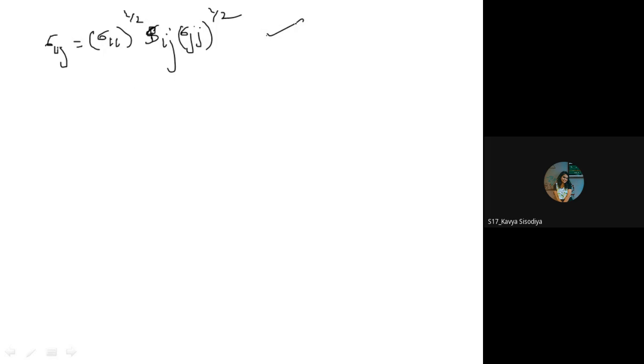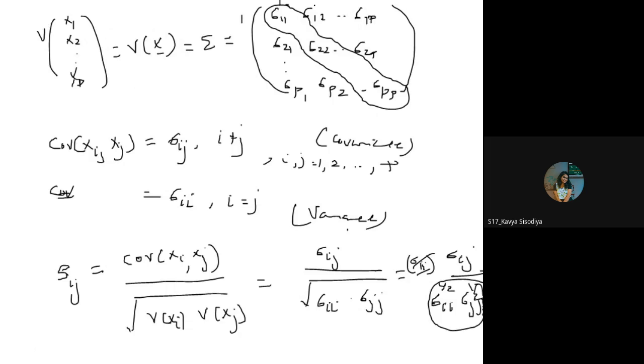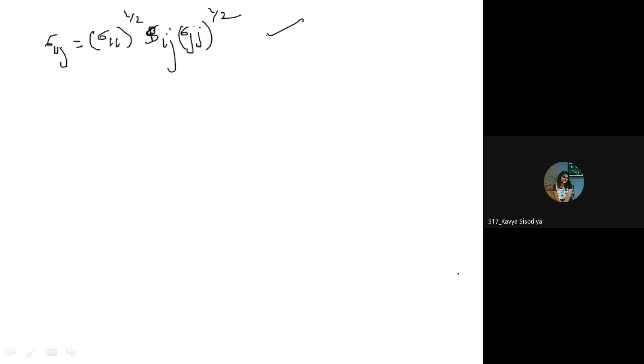Sir, please tell again. This quantity, if I am keeping on the left hand side, what happens? It is rho ij into sigma ii raised to half, sigma jj raised to half, equal to sigma ij. Can be written. Okay sir, got it. So what did I do? I have written it separately: first sigma ii raised to half, then rho ij, then the other. Ultimately, the multiplication, write this here or that there, you will get the same answer. So this is the formula. If you are writing in the matrix notation, what will you write?